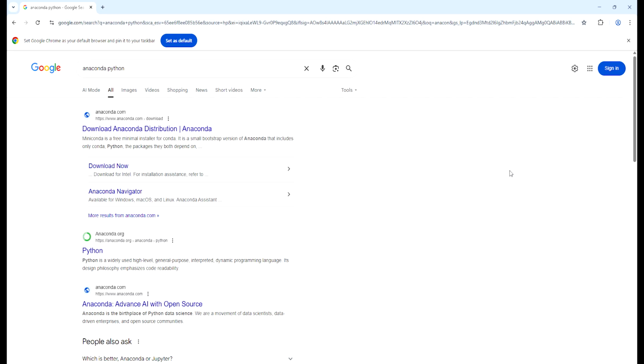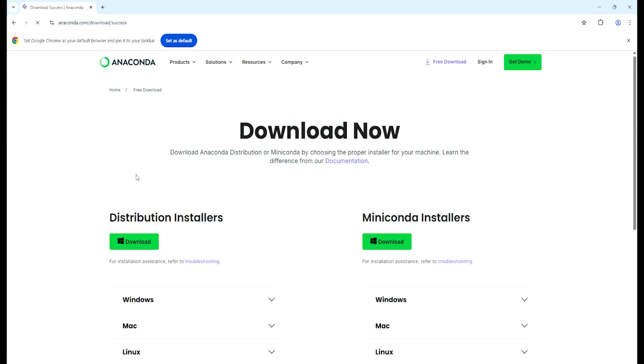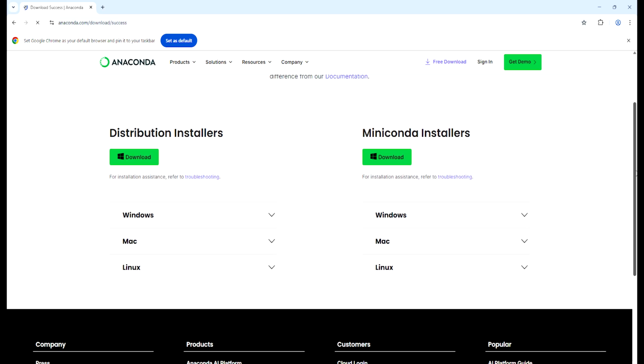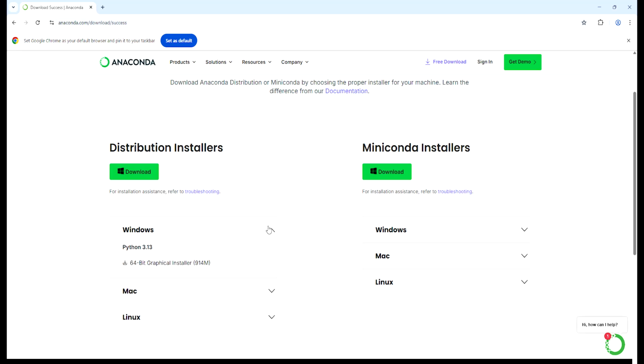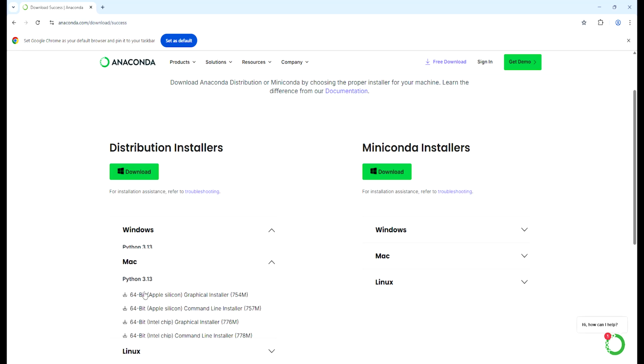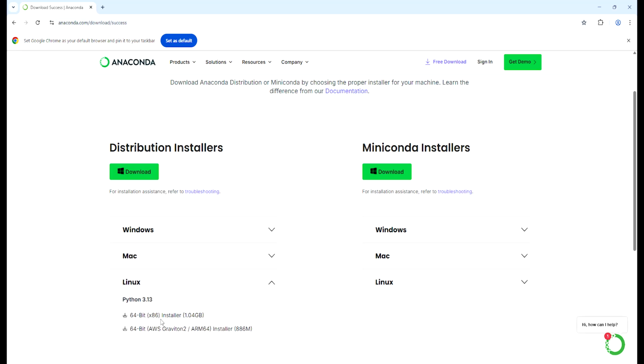Now I will show you how to install Anaconda Python on your Windows 11 machine. In the Google search, type Anaconda Python and click on the download link. In this page, you will find the installers for Windows, Mac, and Linux.